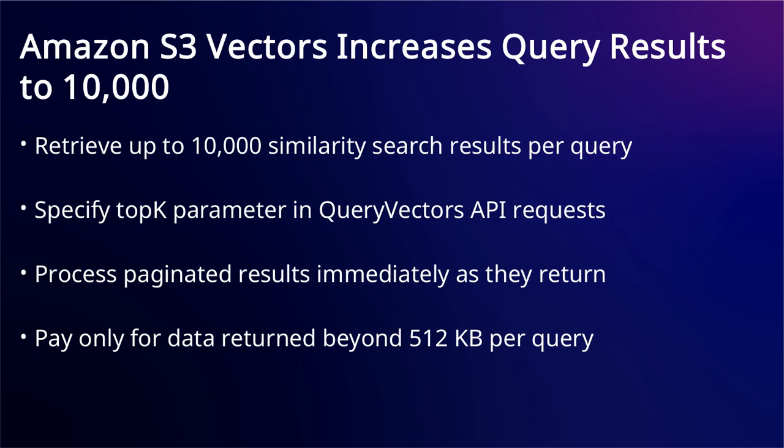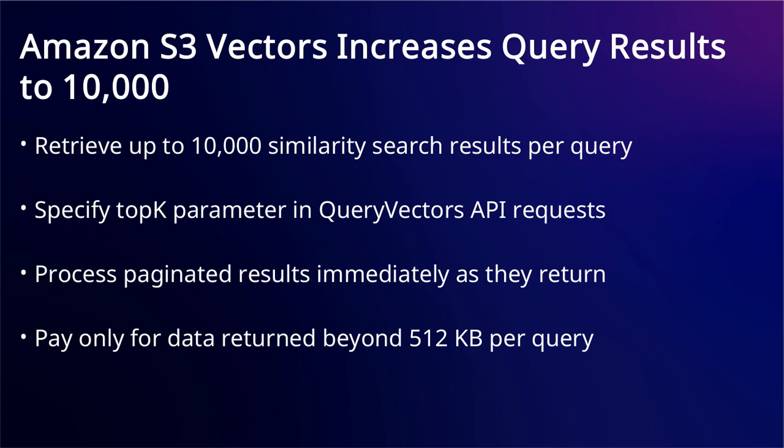Multi-stage retrieval pipelines require large candidate sets for re-ranking, aggregation, and deduplication before producing final results. Previously, you were limited to retrieving a small number of similarity search results, constraining your ability to build comprehensive retrieval systems. You can now retrieve up to 10,000 similarity search results per query, a 100x increase from the previous limit. You specify the top K parameter in query vectors API requests using the latest AWS SDK to request up to